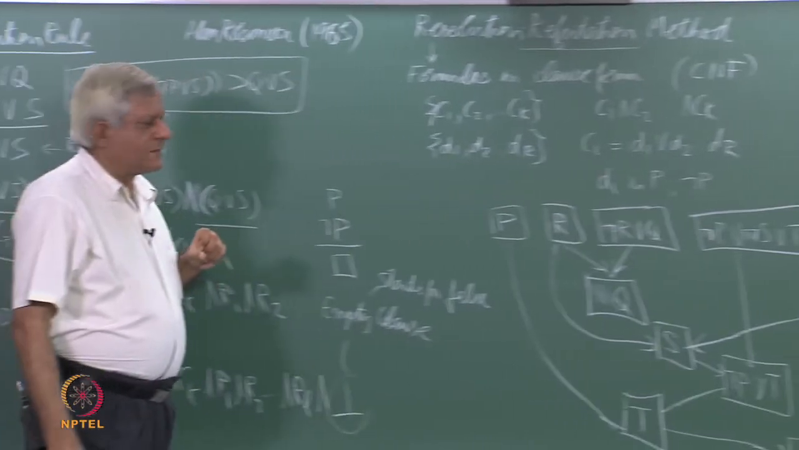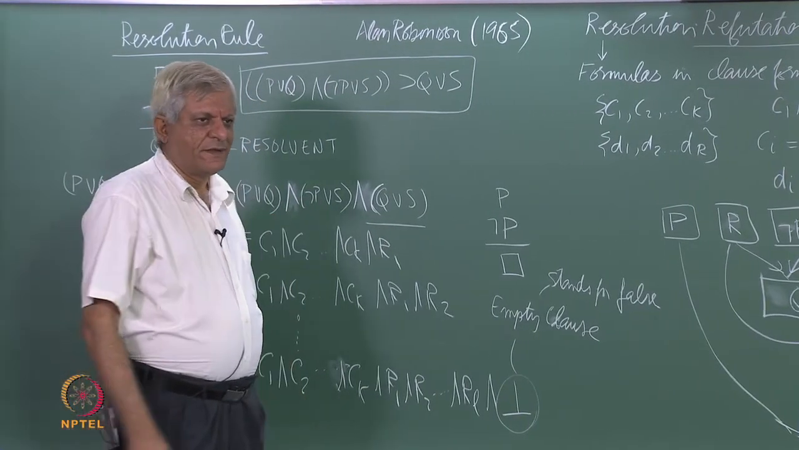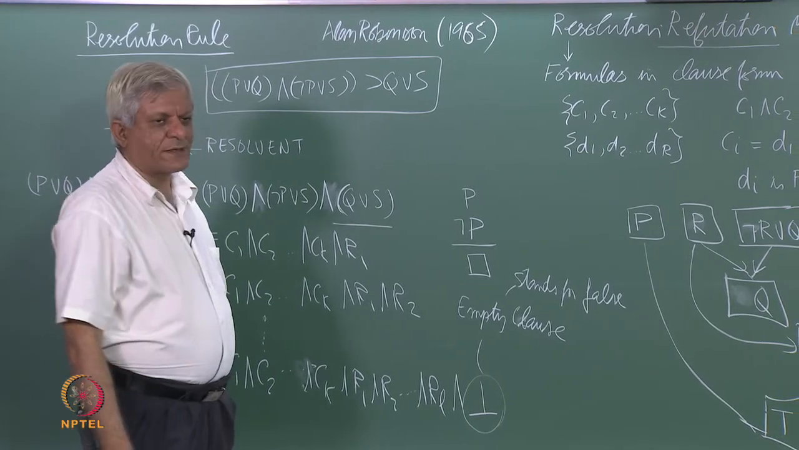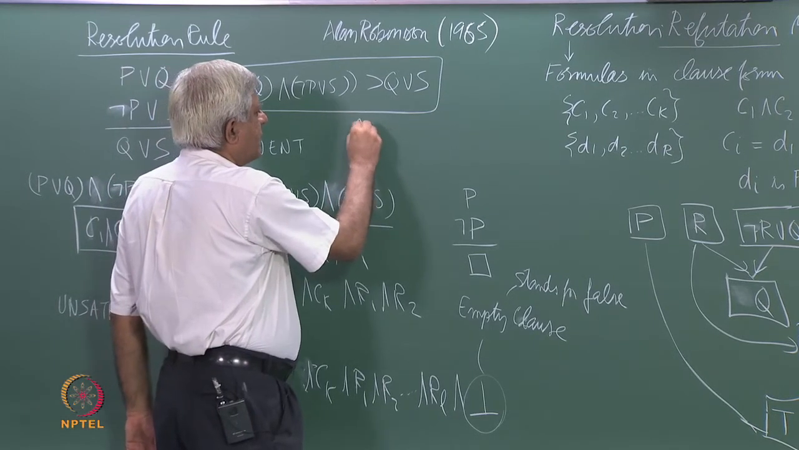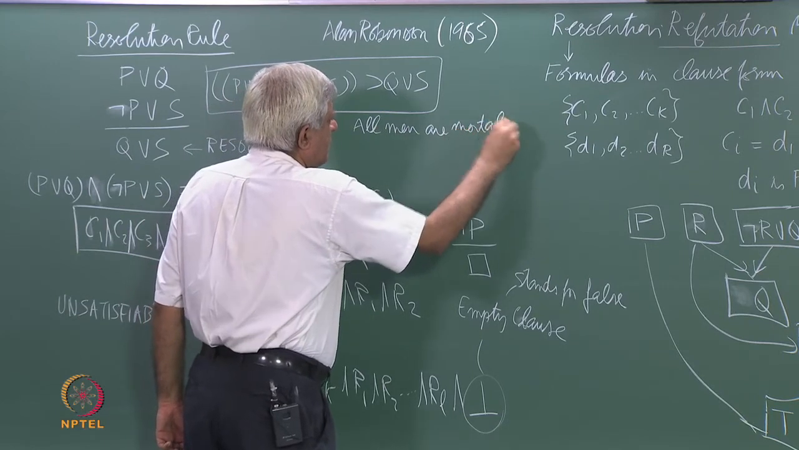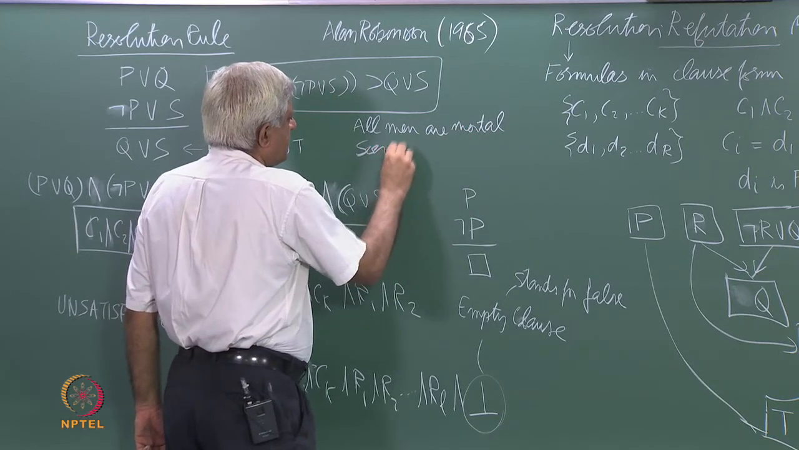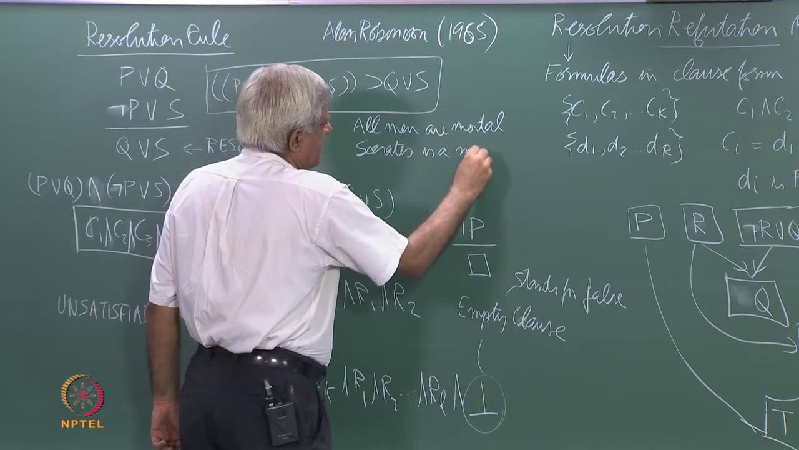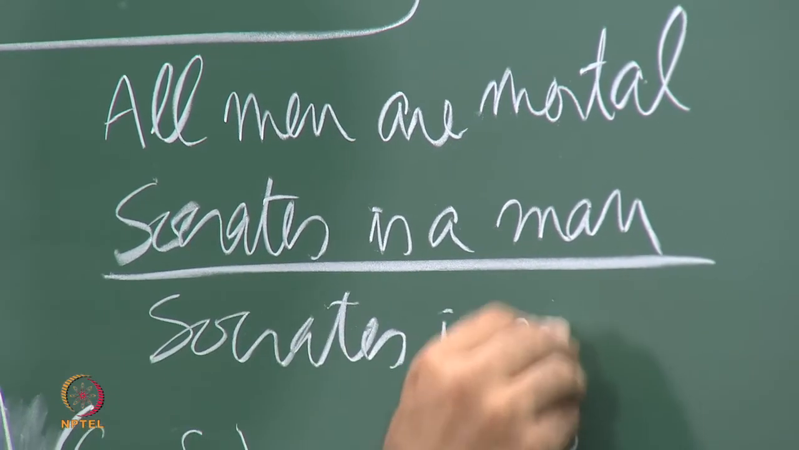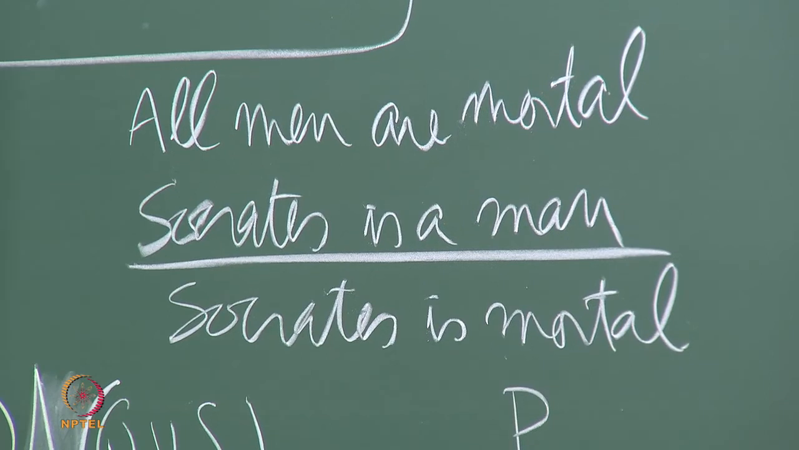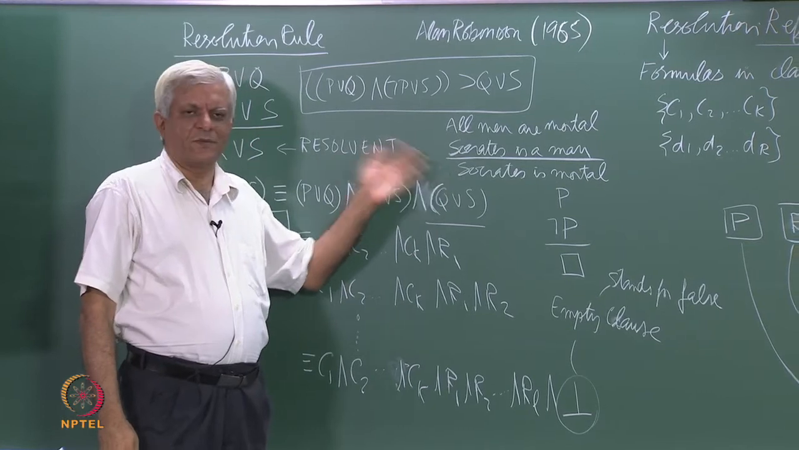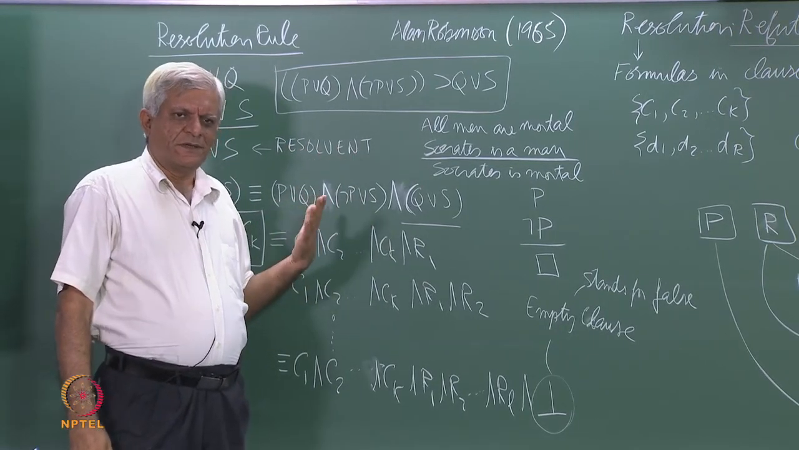If you go back to the example we started with, the Socratic argument: all men are mortal, Socrates is a man, Socrates is mortal. This is beyond our reach. To talk about this argument is beyond the reach of propositional logic,